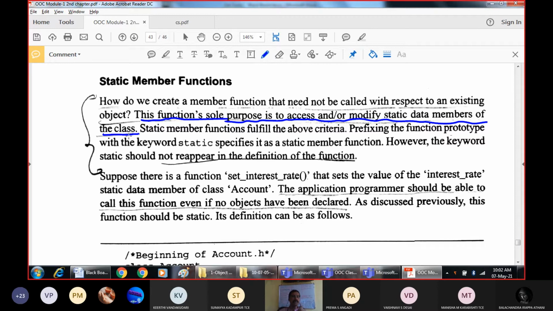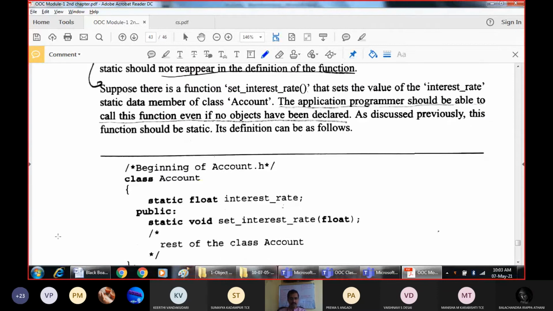So like how we have data members and member functions within the class, we will also have static data members and static member functions. The purpose of static member functions is they will only access the static data members.